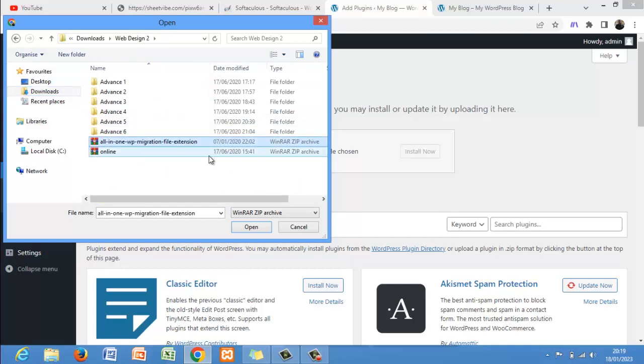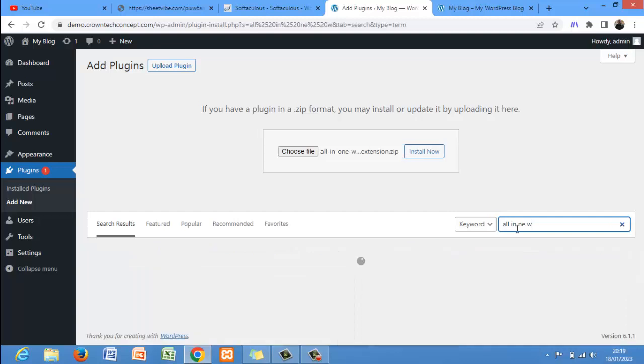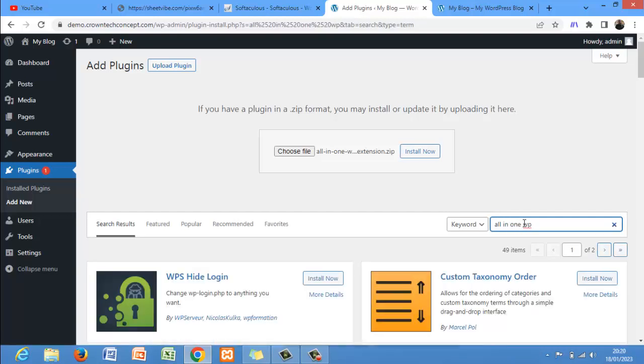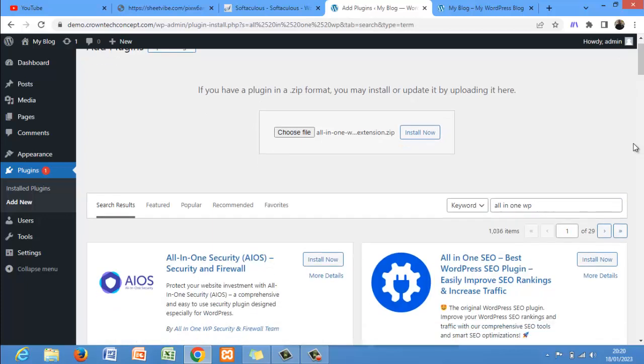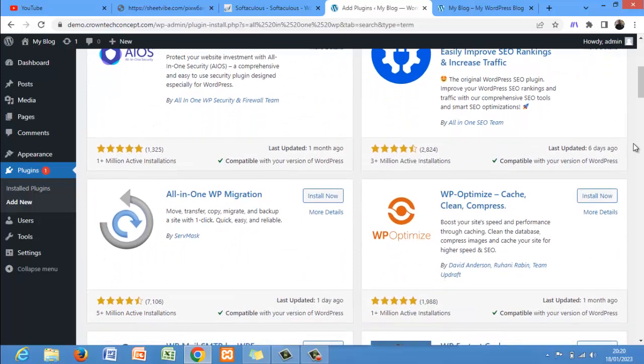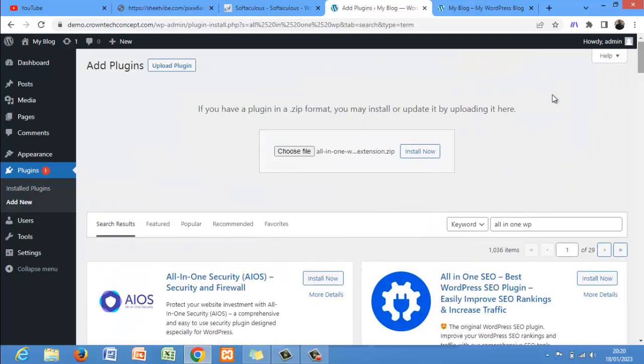All-in-one WP migration file extension. Now we can even search it here if we have it. All-in-one. Let's see if we have it. So we only have this plugin. We do not have the file extension, and it is the file extension we need with it to make it